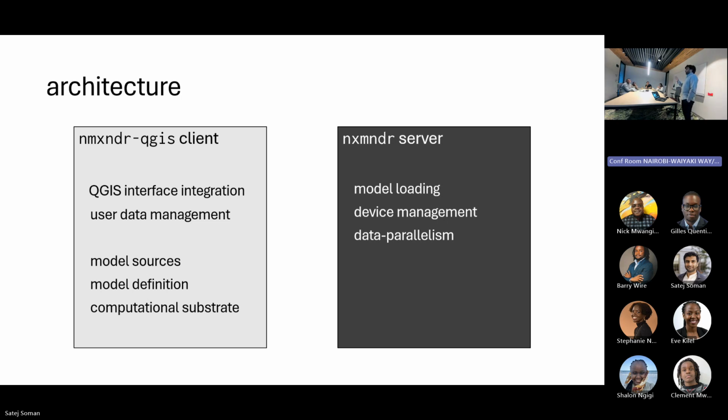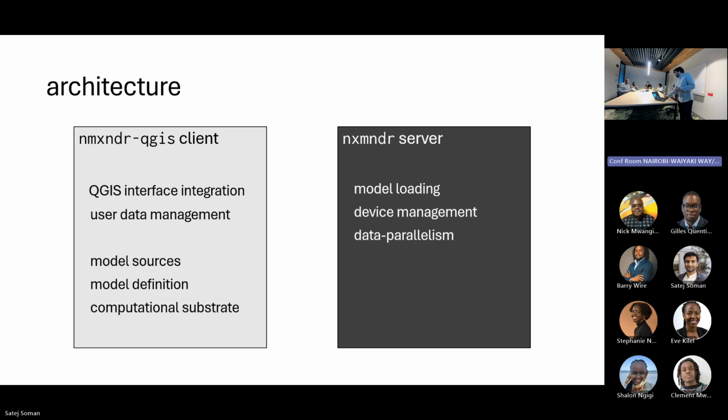So it's sourcing the data and tiles that you're sending to the model to run inference on, but it's also allowing you to define where to source models from, what a model definition looks like, and how to specify where to run that compute. And this only works because we have this companion server that either sits locally or remotely and will actually take care of the model loading, the device management, and also the data parallelism.